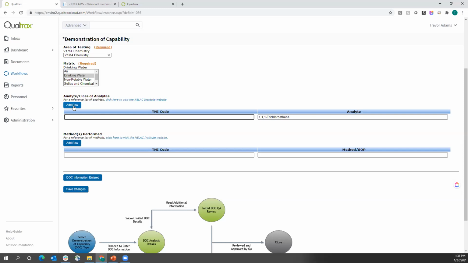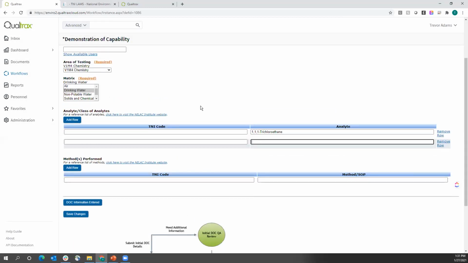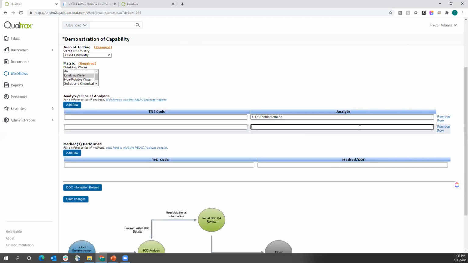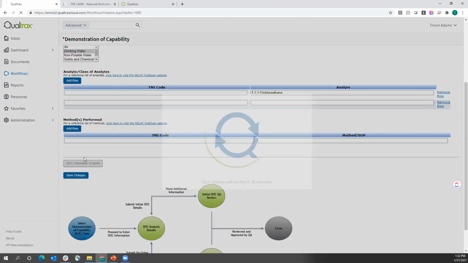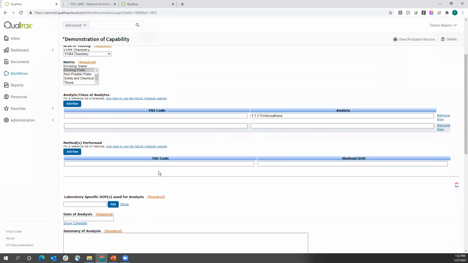Now you can keep adding as many rows as you want. So you can add as many analytes that you're testing for in one given item. Yeah, just up to you on how you want to run that there. Now, once I fill out this initial stuff, I pass it forward, and we're going to get into the actual